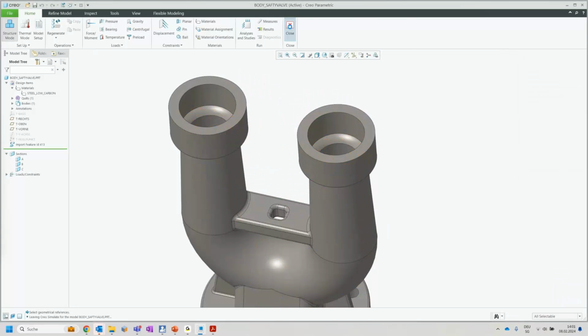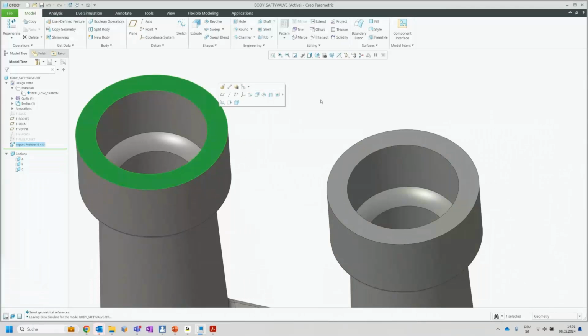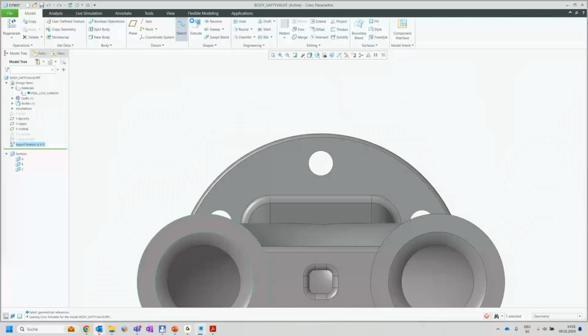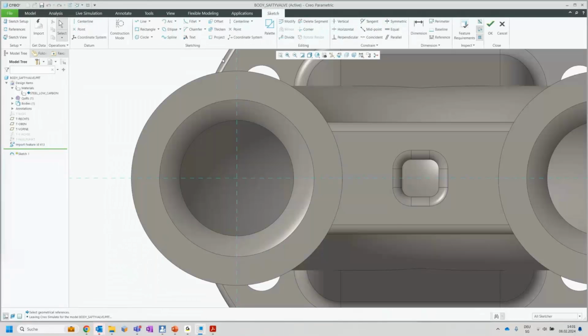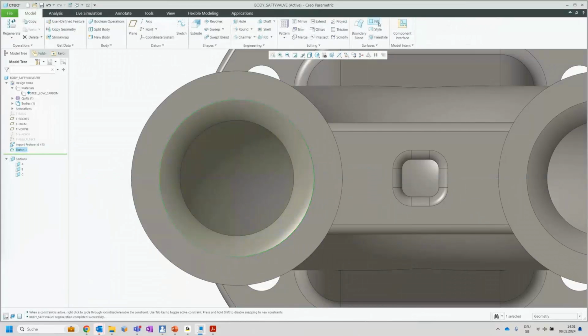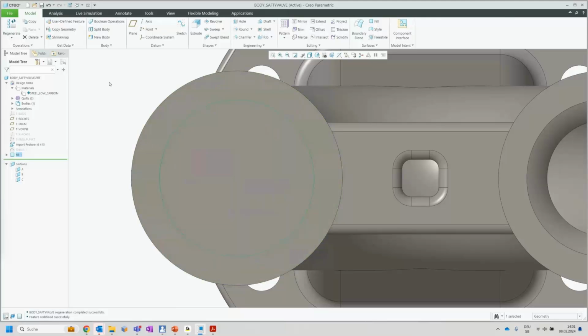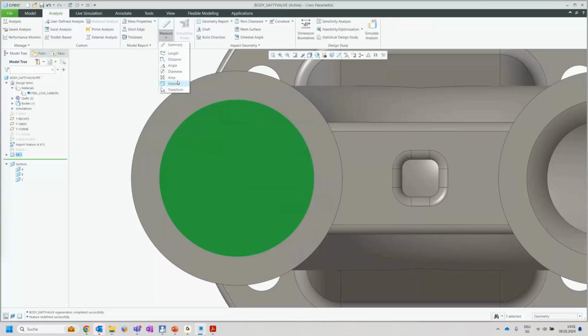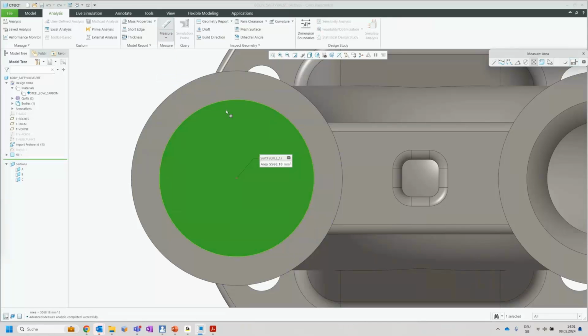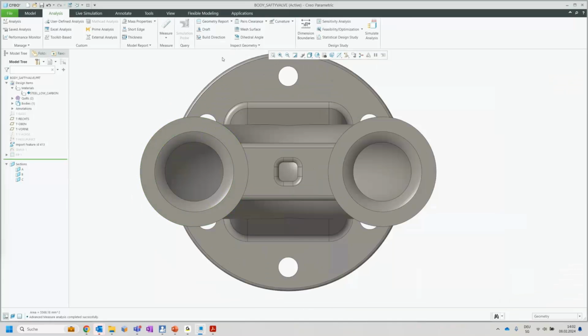I'm going back to Creo Parametric because I forgot to model something. I just want to do a sketch here on that side. And this sketch is starting here in the center. It's going over there. And I'm just filling that component because I just want to analyze what's the area. And it's 5,568 square millimeter. I copy this value. I'm leaving that one. I'm hiding that surface. I'm going back to